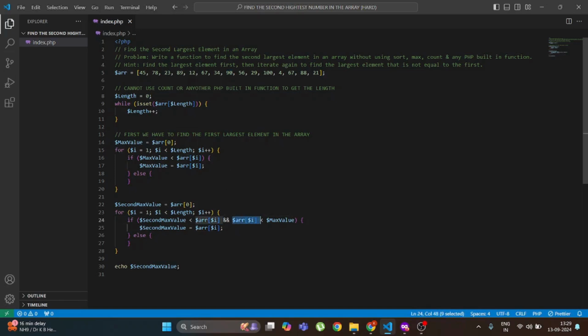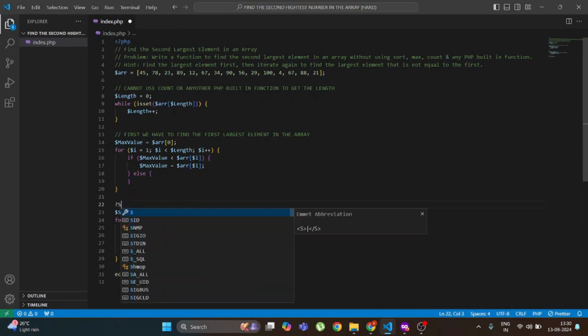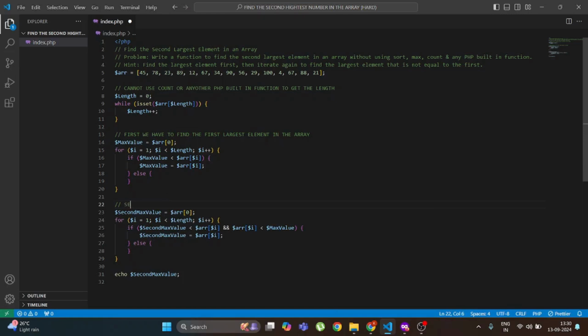But the array element we are checking right now is 100, which is not smaller than the max value we found earlier, 100. This condition doesn't go well, so the second max value is not going to be 100, and then after that 4, 67, 88, 21 will be handled as required,